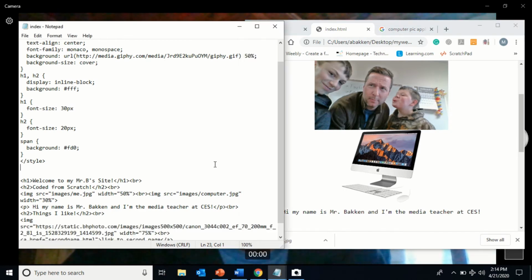So we're going to come back to our code, and we're going to look right here. This is it, images, computer, right there, and width 30%. So I'm going to go to the very end of that, right before the greater than symbol, put my mouse right there, and I'm going to add a little style to this image. So it's just style equals quotation mark, and then we're going to do padding, and then a colon, and I think I want 25,